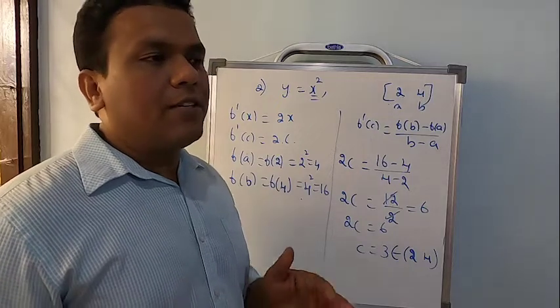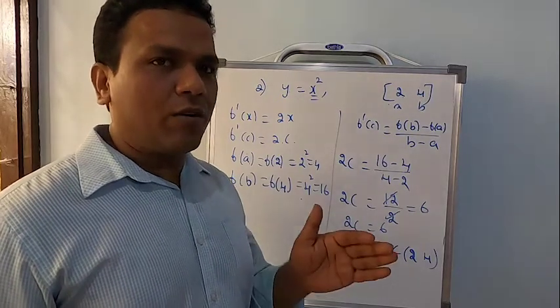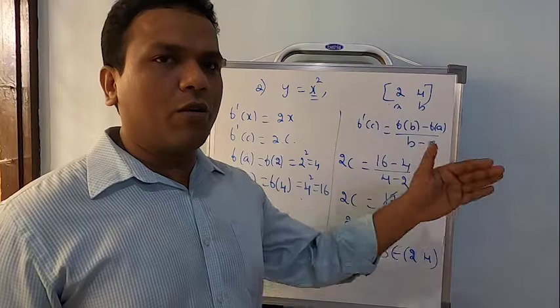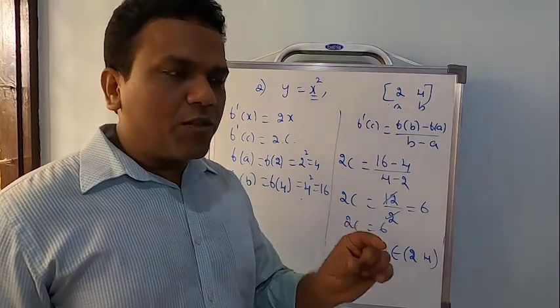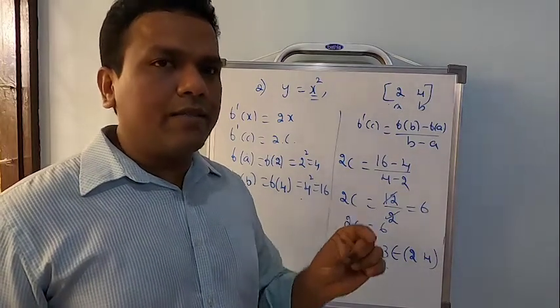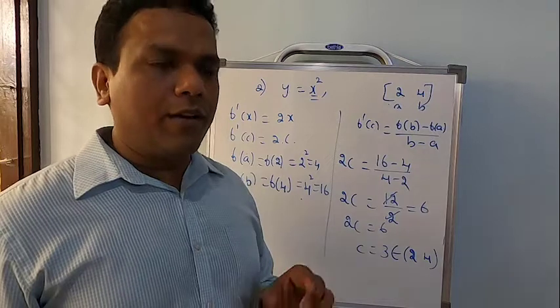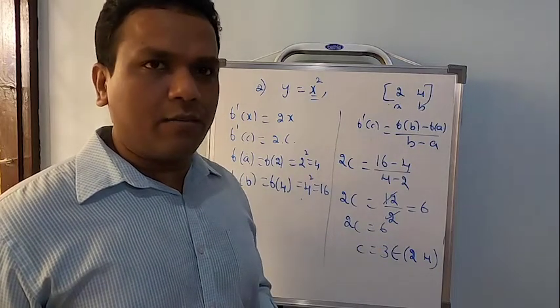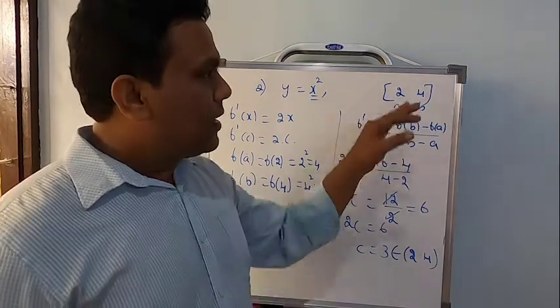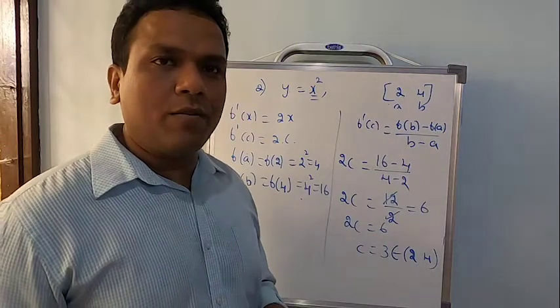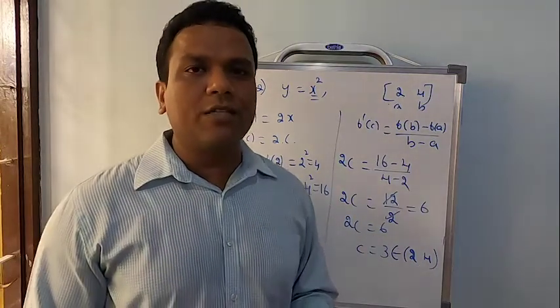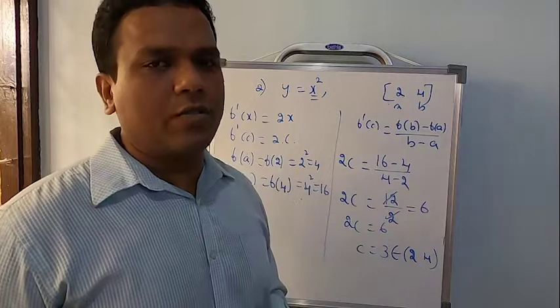Now after that, if it's a Rolle's theorem, find out f dash of c equal to 0, solve it for c value. Once you get c value, make sure it lies in the given open interval. If it does not belong to the open interval, the theorem is not verified. Now, if it's a problem based on mean value theorem, first condition, second condition remains the same like Rolle's theorem.